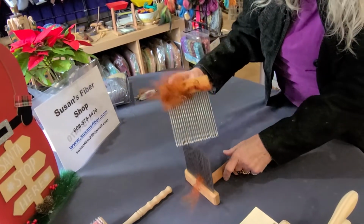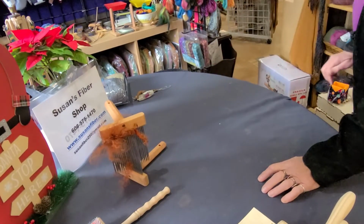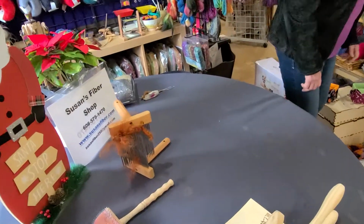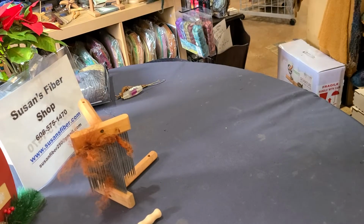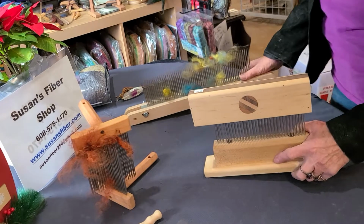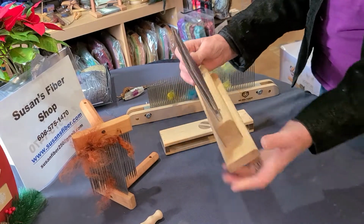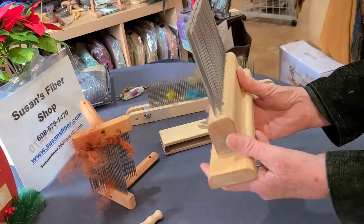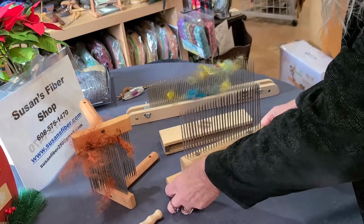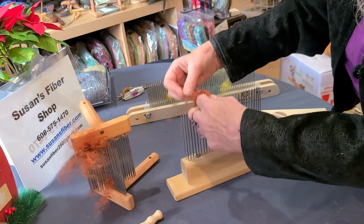And you can get these for $195 to prepare fiber. There's other things that you can get too for preparing fiber. I wanted to show you these. These happen to be $155, and it's Acorn 2-row extra fine hackle. And so you can use these and put your fiber on the hackle like this, and then